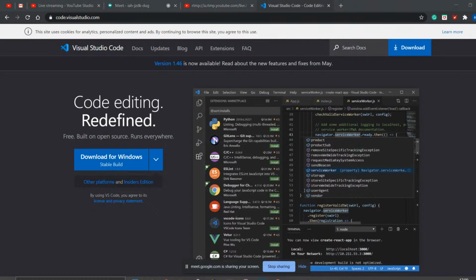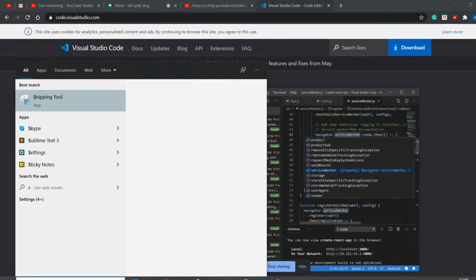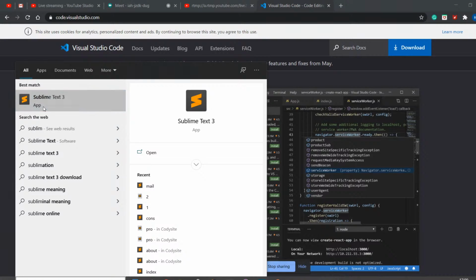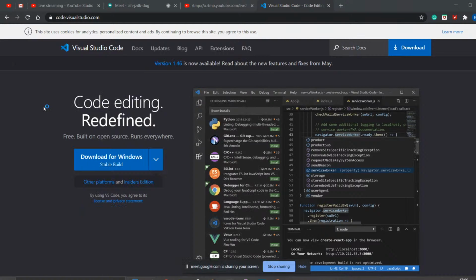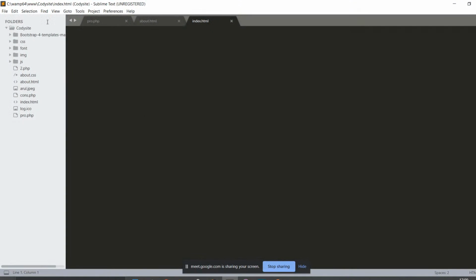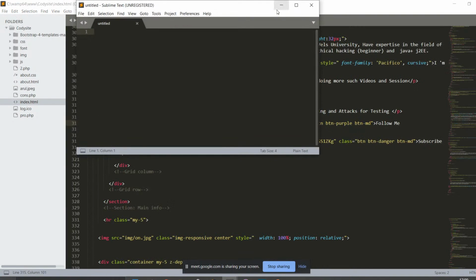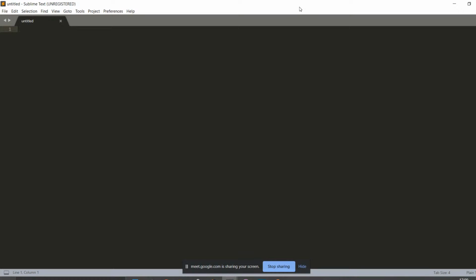I will just show you Sublime Text here. This is what Sublime Text looks like at the basic level. I will tell you why we need a text editor rather than using Notepad. While we are learning basic web pages, we'll be using Notepad to create web pages.